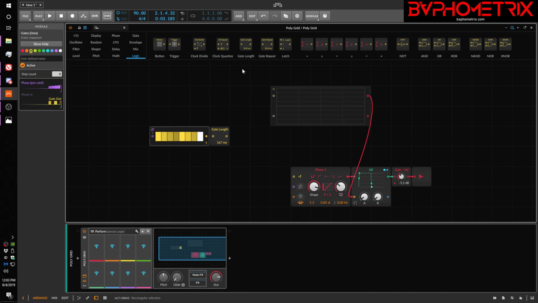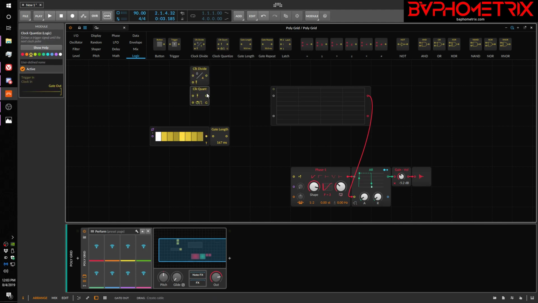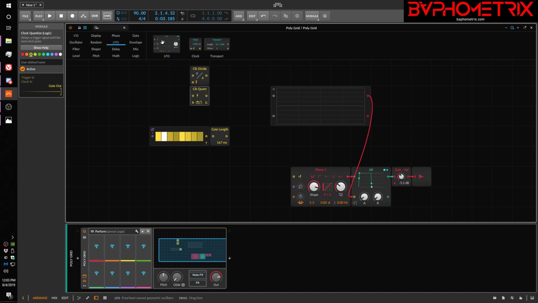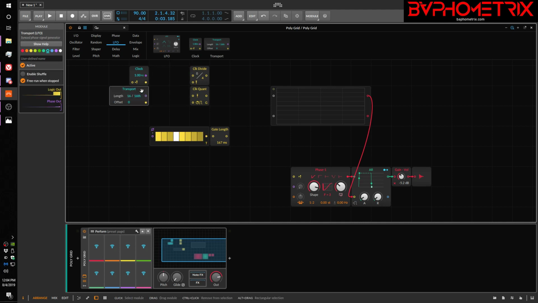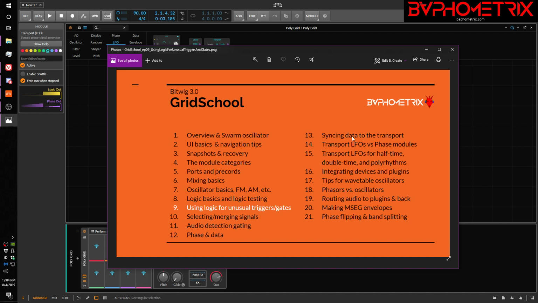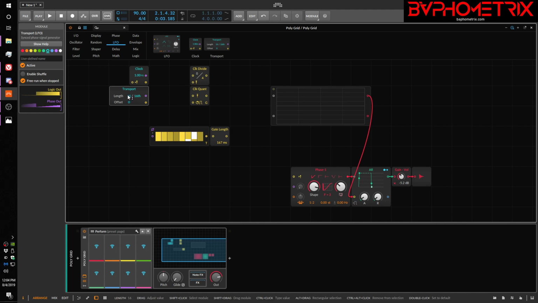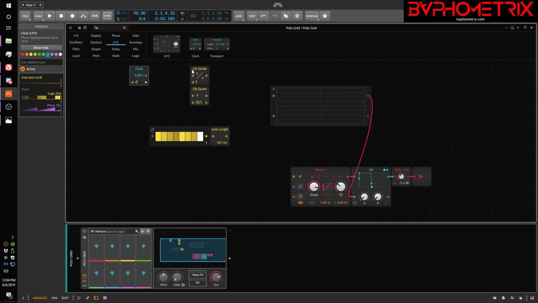Now, the last thing we want to talk about are the clock divide and clock quantize. These are very special, and they're anticipating a constant kind of signal coming into them, and that signal usually comes from the LFO section. You see we have something called a clock, and we also have something called a transport. I don't want to jump too far ahead of things and explain these because I am going to have some videos when we get over here, episode 13, 14, and 15. I'm going to be talking about using these transport LFOs, right? So I kind of don't want to get ahead of myself, but the basic idea is these are meant to